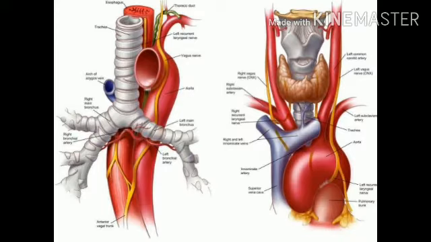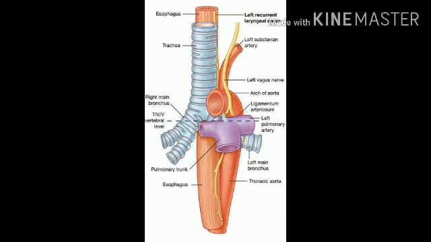The left main bronchus is narrower than the right one and is nearly 5 cm long. It divides into two lobar bronchi for the upper and middle lobes. It passes beneath the aortic arch that crosses in front of the esophagus, the thoracic duct, and the descending aorta, and has the left pulmonary artery lying at first above and then in front of the left main bronchus.